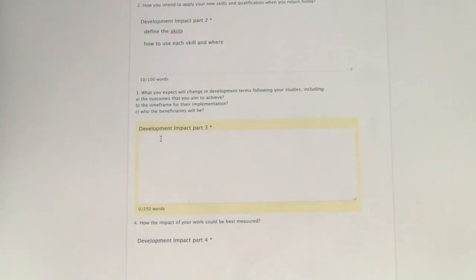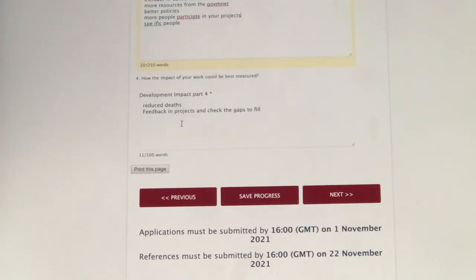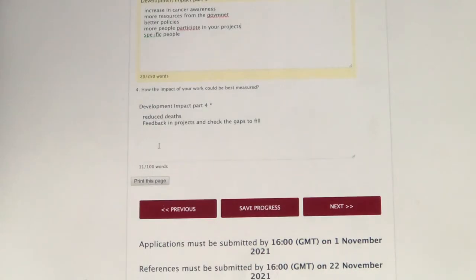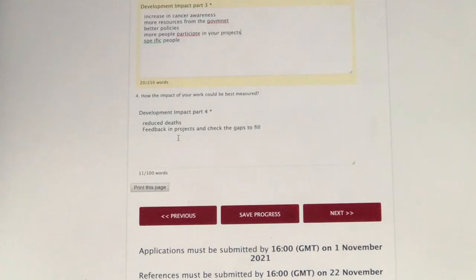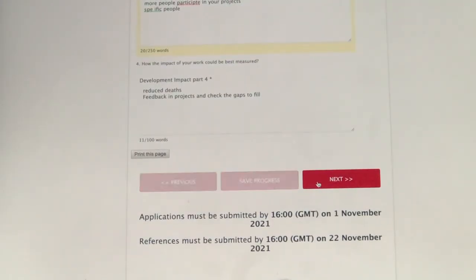So you can measure that, and then you can also rely on feedback in the projects, but make sure that you talked about these projects above. In this one, you can use leadership skills to create projects for preventing the problem. Then you can get feedback from the people who participated in the project. Yeah, so let's go to the next one.